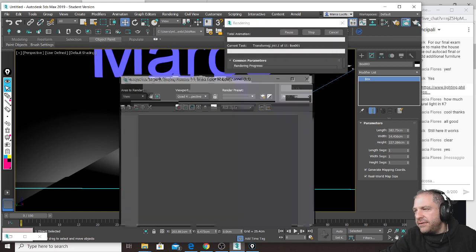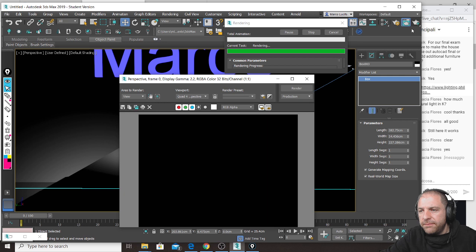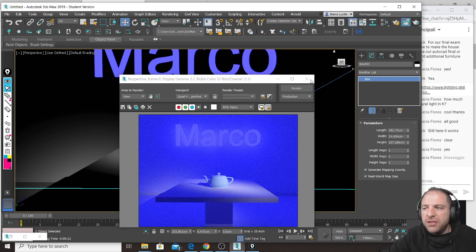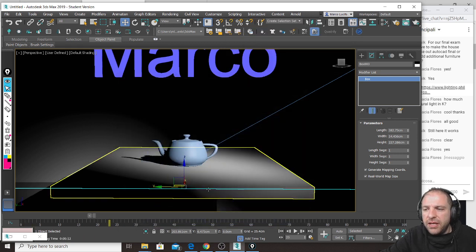Let's see. It works even a little bit too much, because you can see that everything has become blue in my project, so I have to tweak a little bit